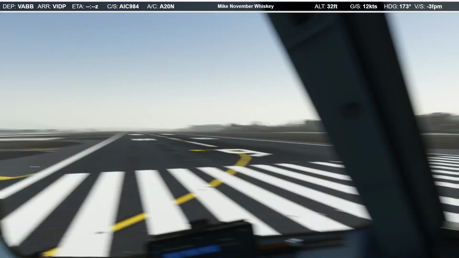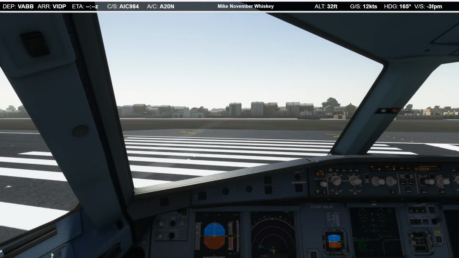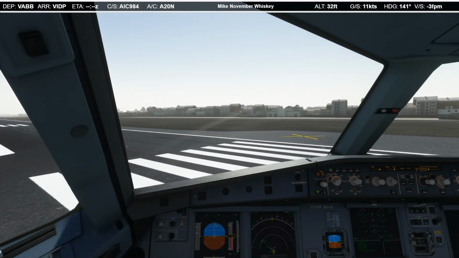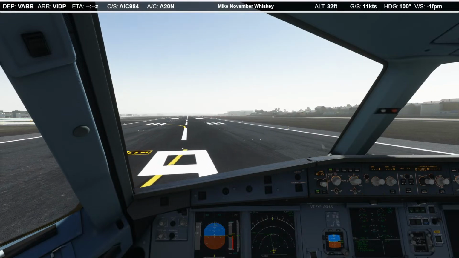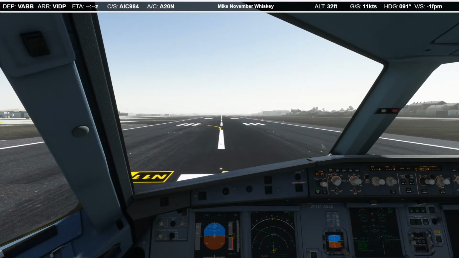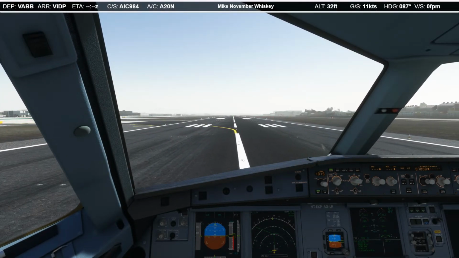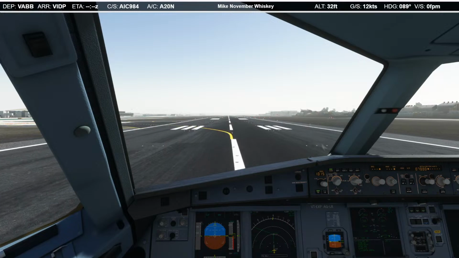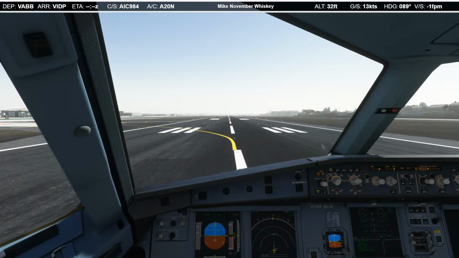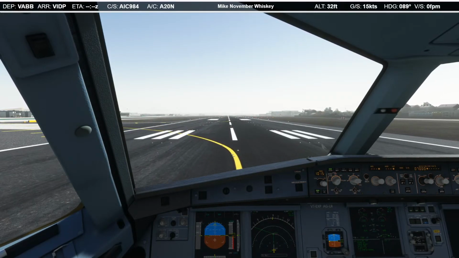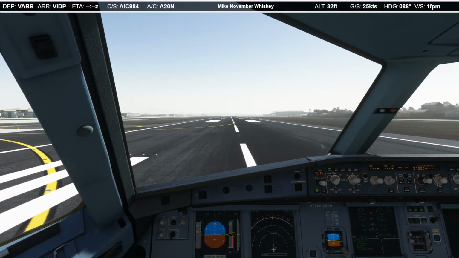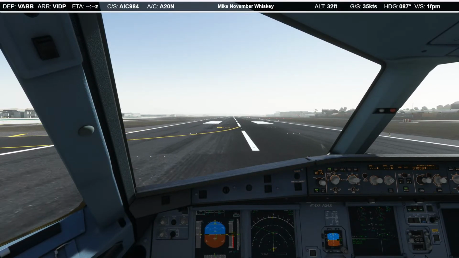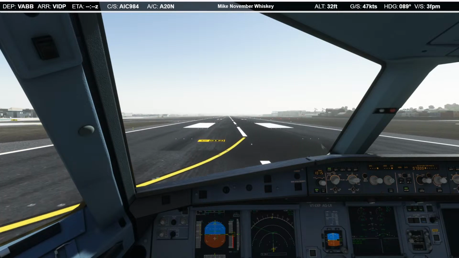Okay, and turn. Alright. Takeoff. Engines to 50%. Man flex SRS runway.